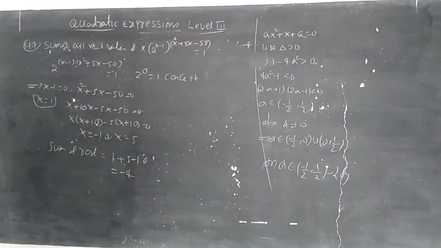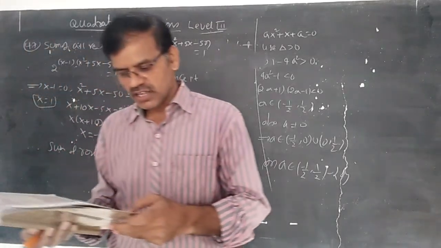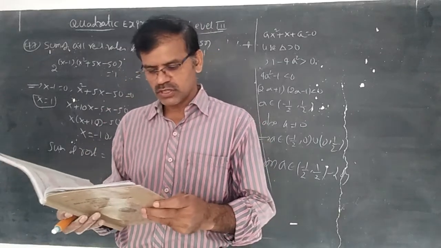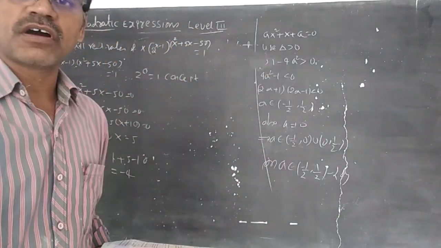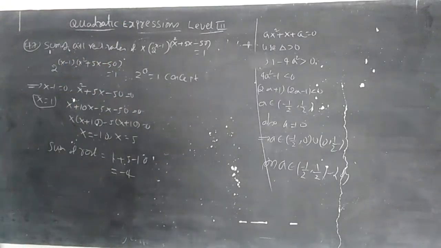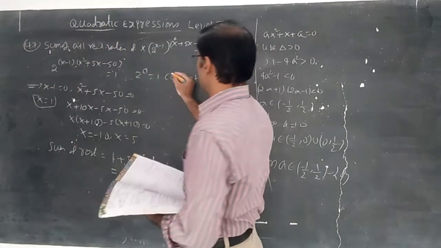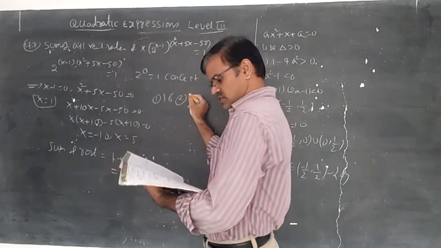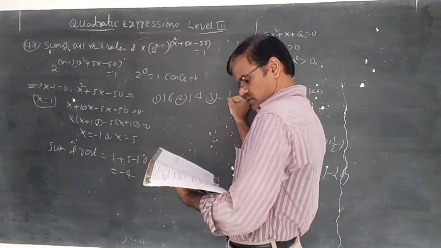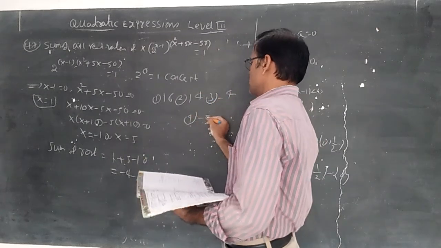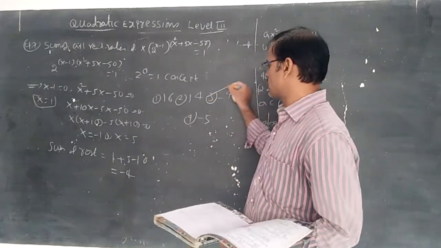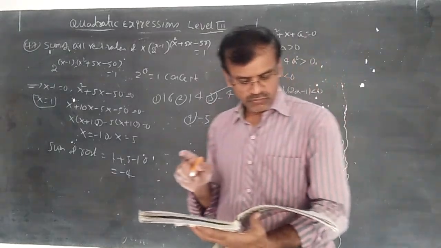Let us see the 47th question in the new material. Students, it is entirely different. The fourth option is given: according to us, root 2, 2, 3, root 3. It is absolutely wrong. Now I am writing the 47th question options here. You change the options in the old material. The options are 16, 14, minus 4 and minus 5. They are the correct options. Correct the options and get minus 4; the third option is here. According to the old material, you follow.